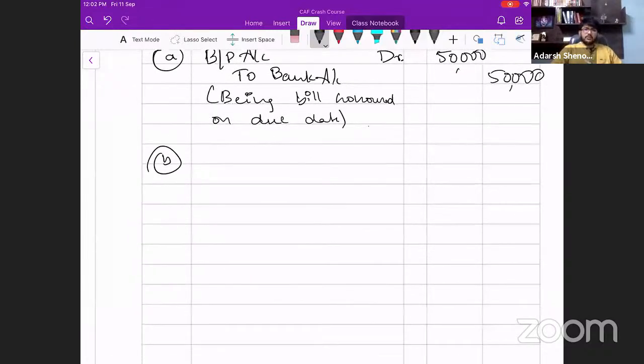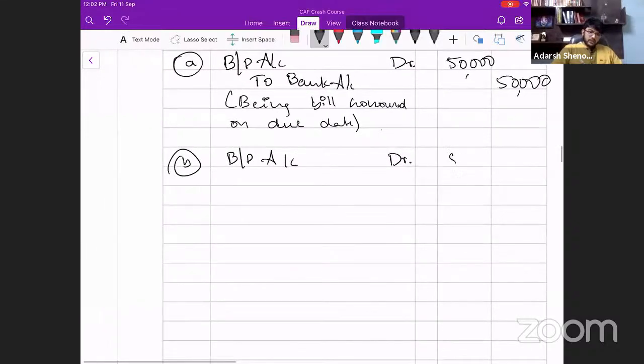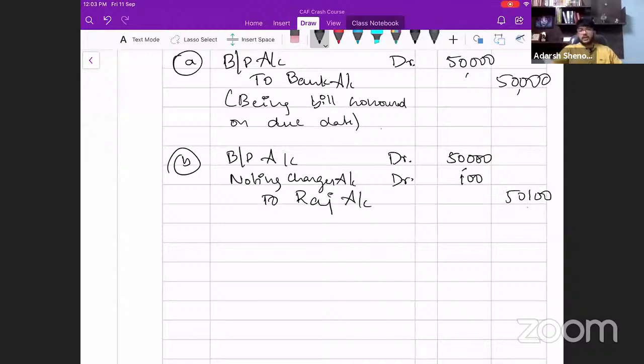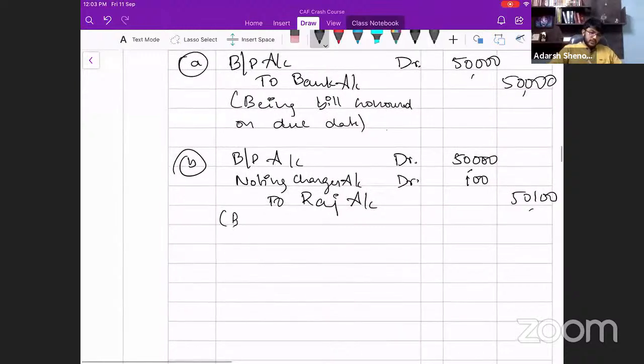Are you all comfortable? Are you all following? Bills payable account is debited 50,000. No, bills payable is always debited or credited with the face value, which is 50,000 rupees. Noting charges is to be debited. Noting charges is an expense. How much should we debit noting charges with? 100 rupees. To Raj, how much is my obligation towards Raj now? How much should I credit to his account? 50,100. This is being bill dishonored